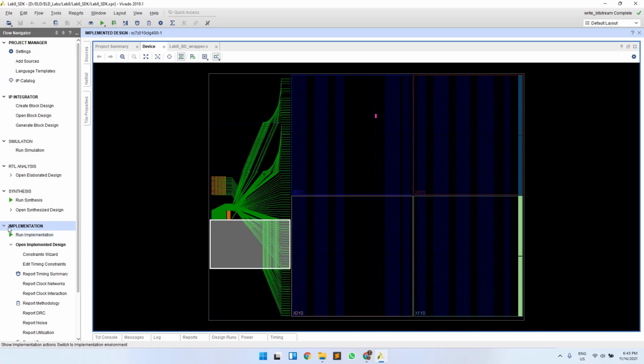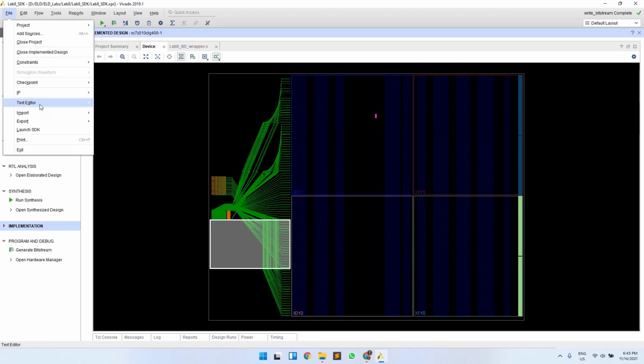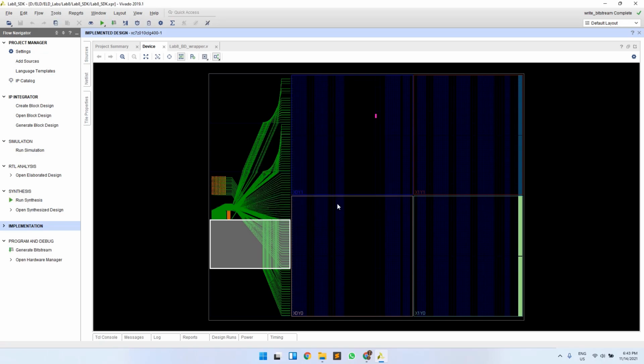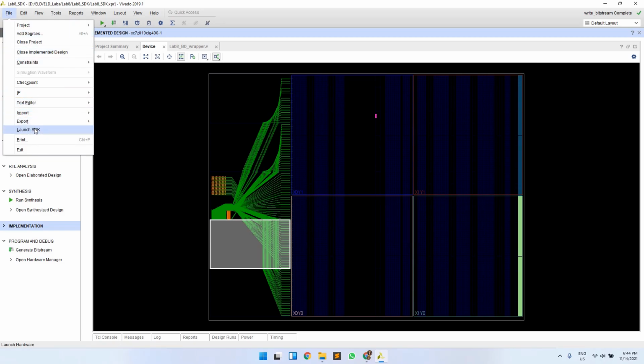Alright, so once it's done, click on file and export the hardware. In this case, we will leave this include bitstream option unchecked because, as said, we do not have anything for the programmable logic part, and just click on OK, and then launch your SDK from here itself.